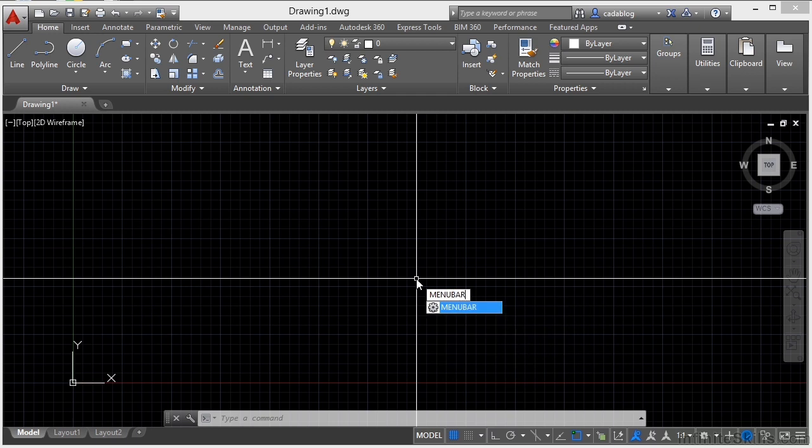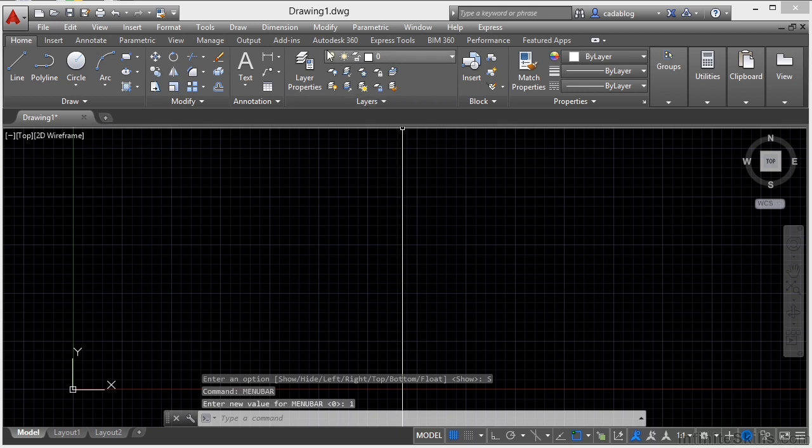Just type it in, all one word, menubar, press enter. If it's set to 0 like it is now, then it won't show up. But if it's set to 1, that turns it on. And you can see here it pops in right here at the top, and the majority of your commands are